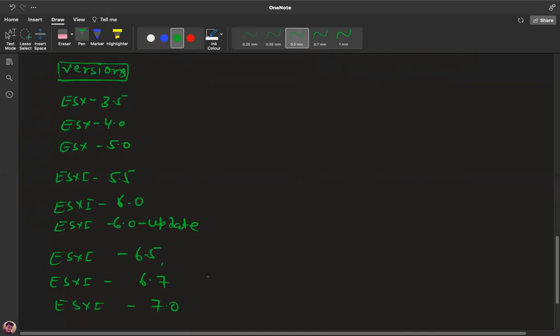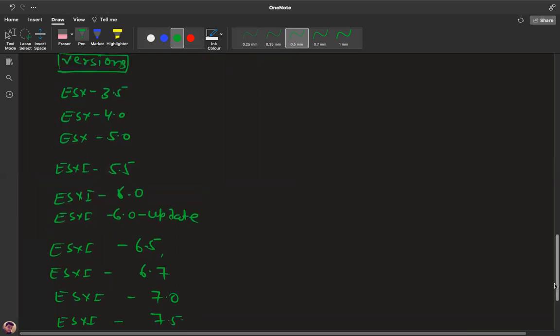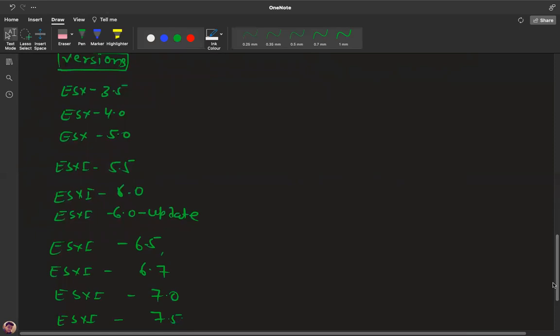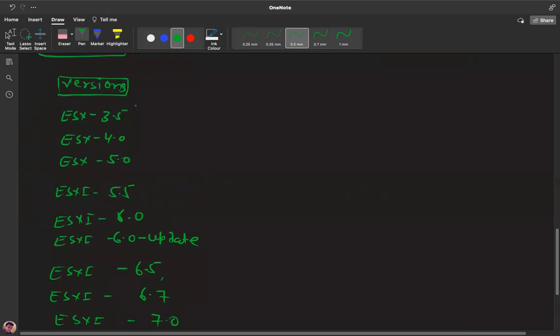Yes. And 7.5 as well. The latest one is 7.5. Maybe after 3 months, we will get 8.0 as well. This is considered as ESX, and these versions are considered as ESXi.